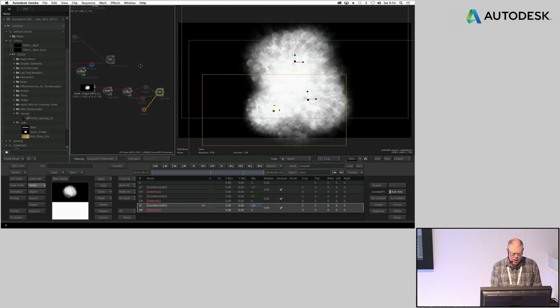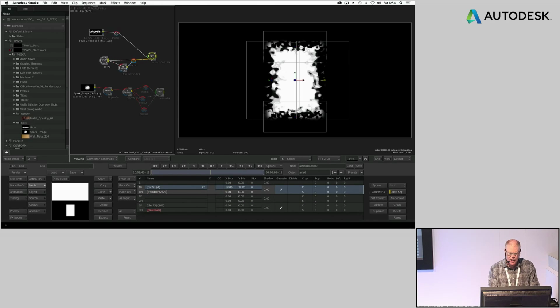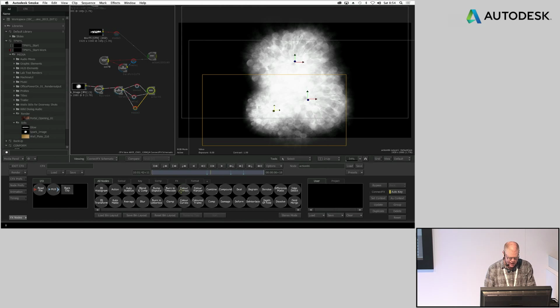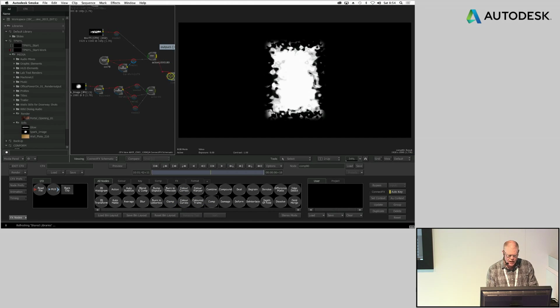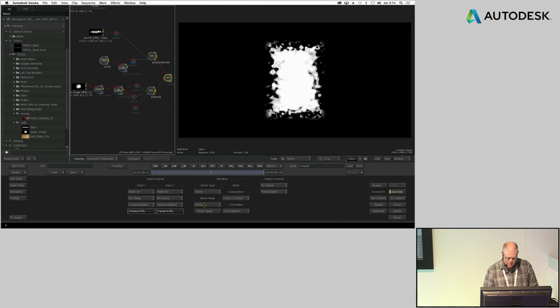All right, time to put it all together. So what do I have? I've got this element, I've got this element. I'm going to go and take my comp tool. I take the comp tool, bring it in. I'll make my connections, take that guy, this guy, and we set this to be a multiply. And as I scrub through,